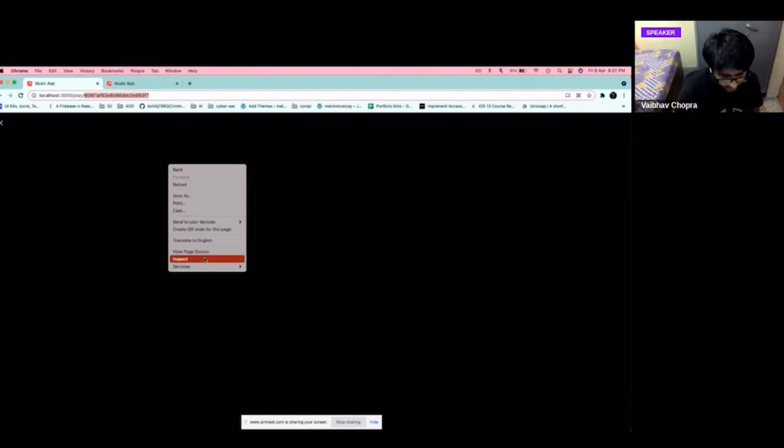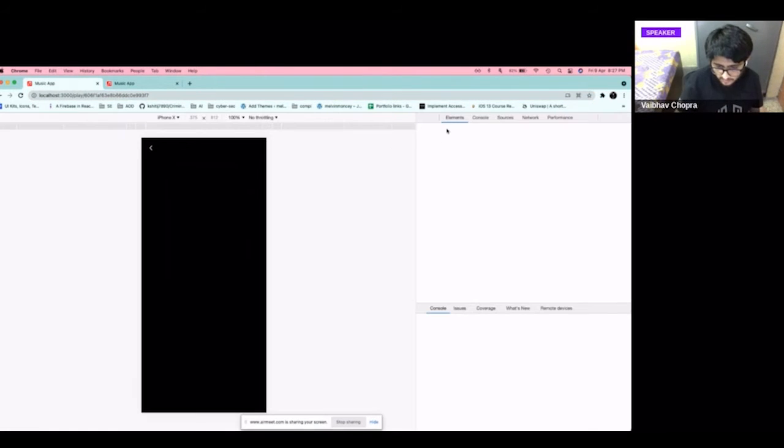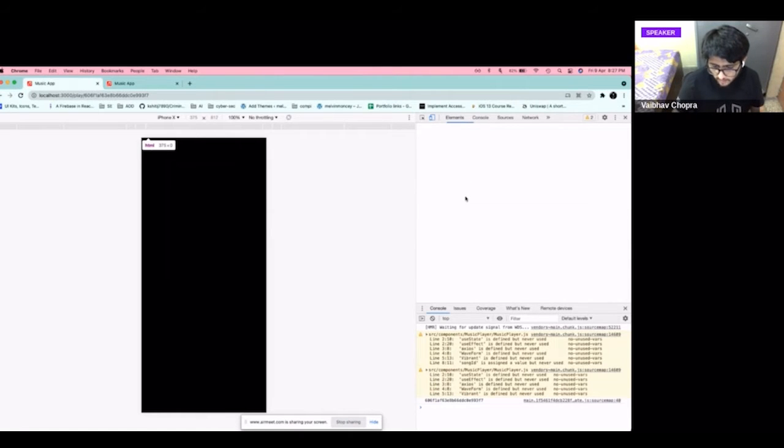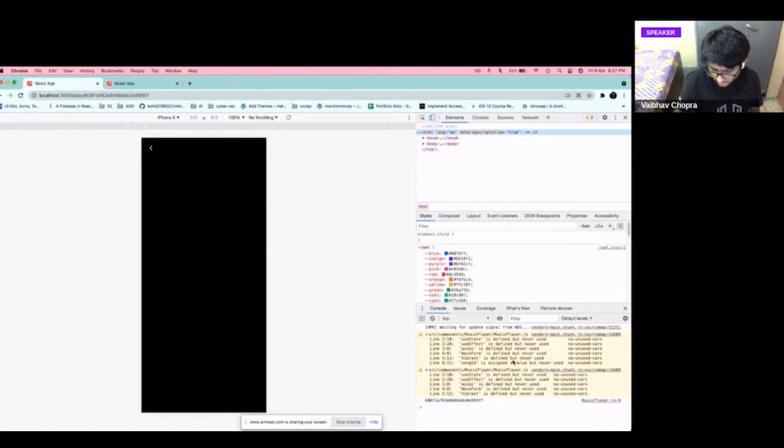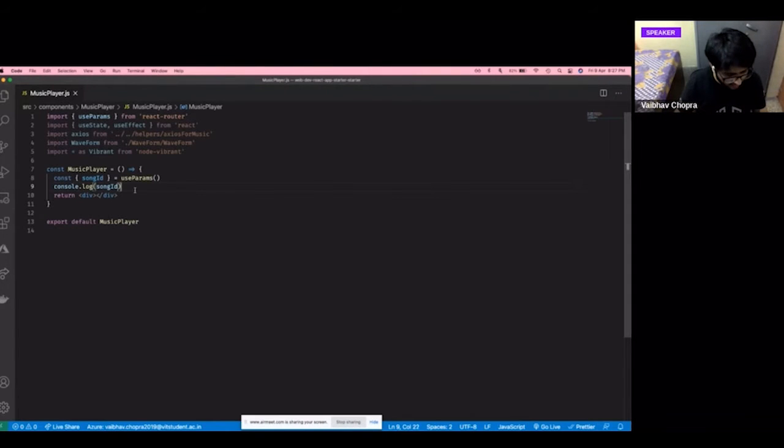I'd really appreciate it if anybody is able to tell me why songId only captures this, and how it captures this, if they have any idea, because I think I've given you a few hints. So let me know in the chat if you see it is printing it correctly. Let's see if until I write some more code somebody is able to come up with an explanation. Otherwise, in the end, I'll explain. So songId has this ID which we require for fetching the song information.